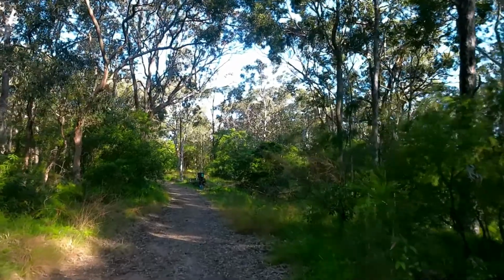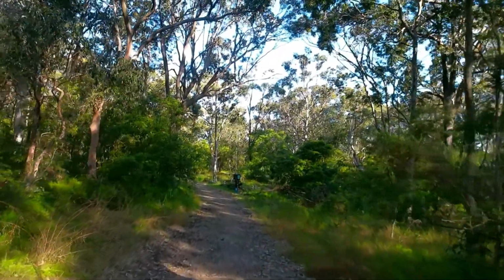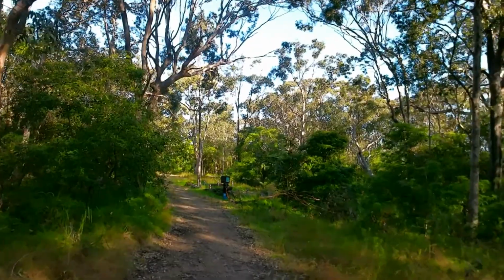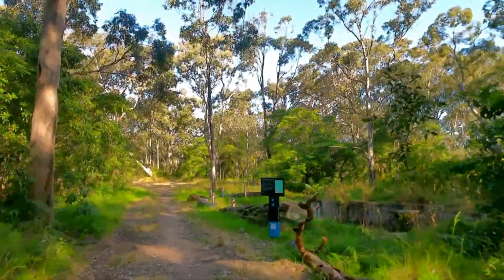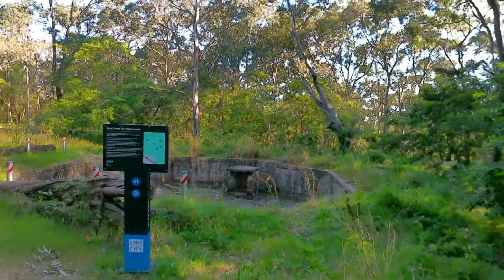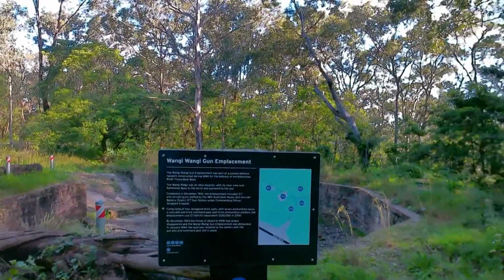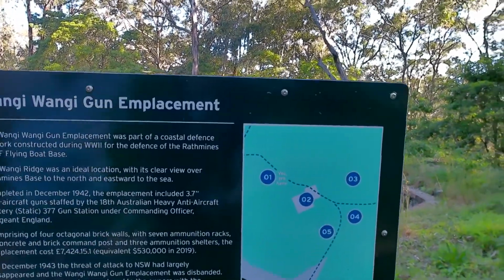Okay, well, there's a new sign down here, which is fantastic. So that's the first one. Oh, it's nice that they've got a sign now. So there it is there. So I'll just read that here. You can see we are